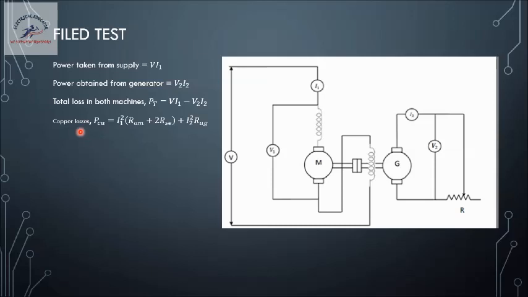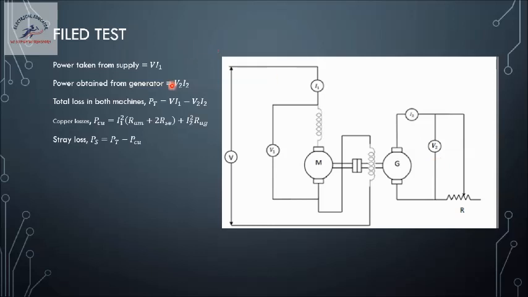Now stray loss. We know what is the total loss of the machine, and we know what the electrical losses are now, that is, the copper losses. So from the available total loss, we subtract the copper loss. Practically, what should happen here is that the only loss should be the copper loss, but it is observed that the total loss is more than the total copper loss.